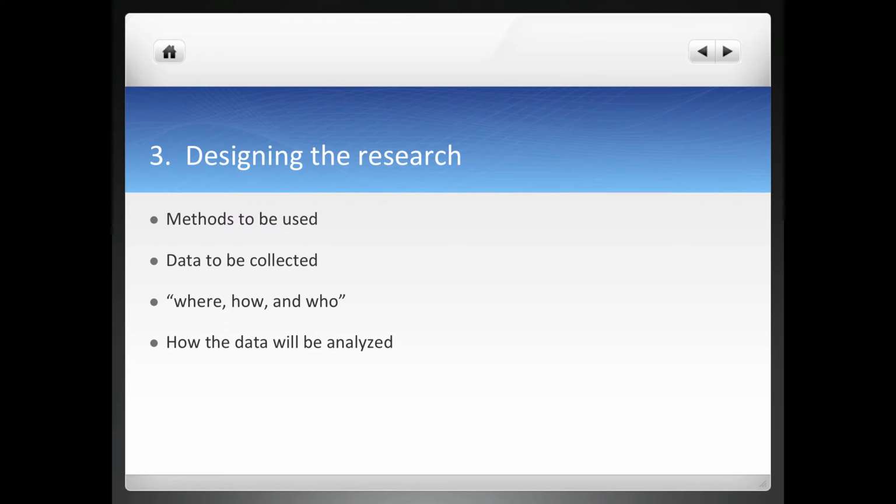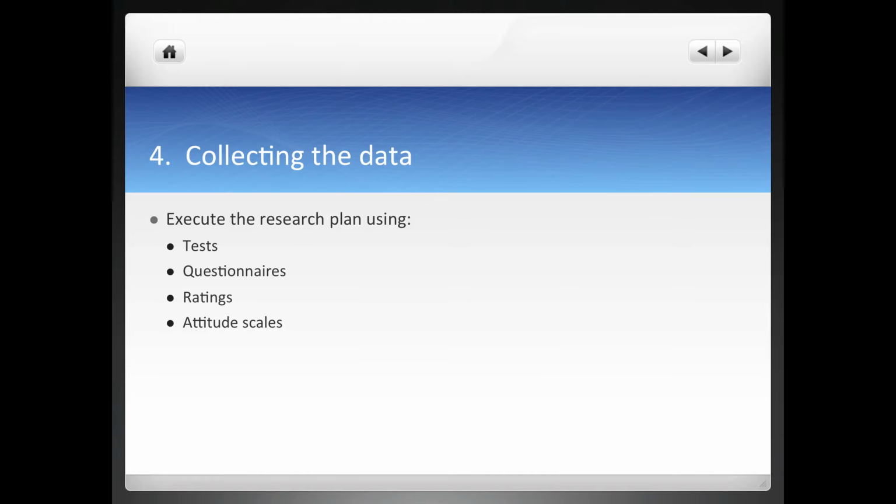The third thing, design the research. This is where you talk about the methods that are going to be used, any survey instruments, the data to be collected, and of course the statistical technique that you're going to use to analyze your data. The where, how, and who of designing the research, extremely important. Where will your research be conducted? Is it at a local high school? Is it a school district? Is it in southeastern Ohio? How are you going to conduct your study? What's the research design? And of course, who are the participants?